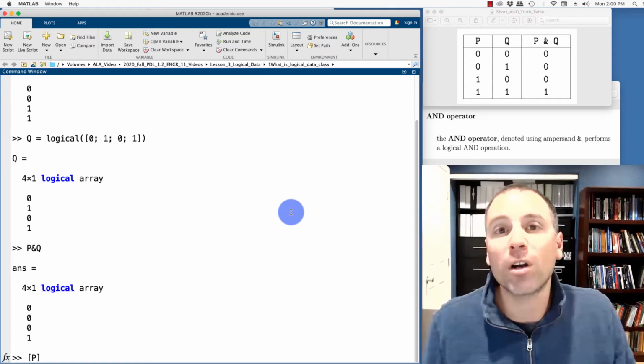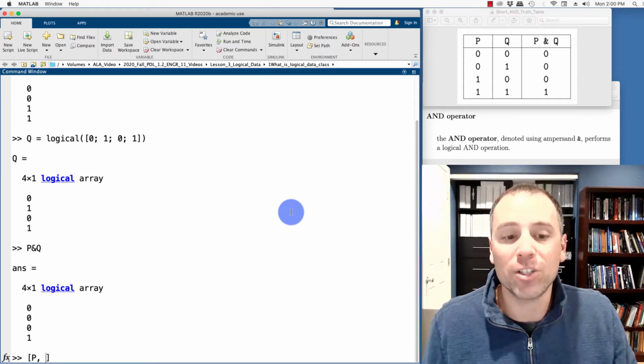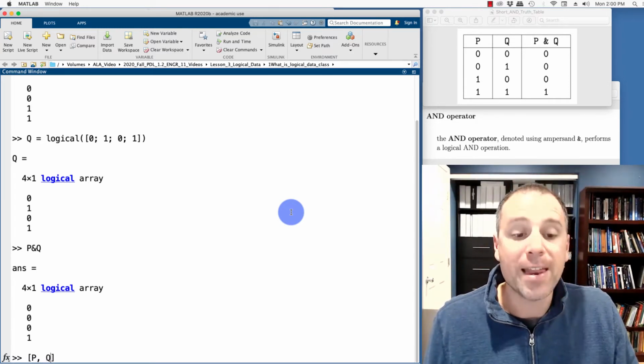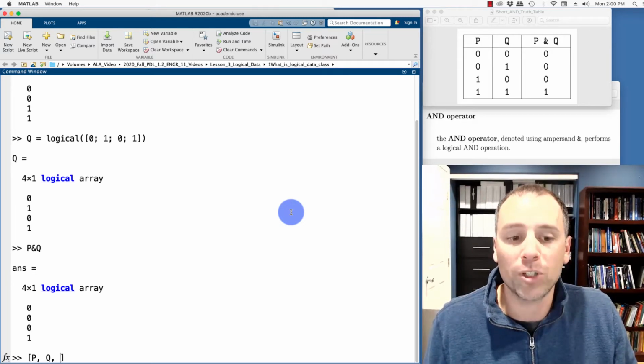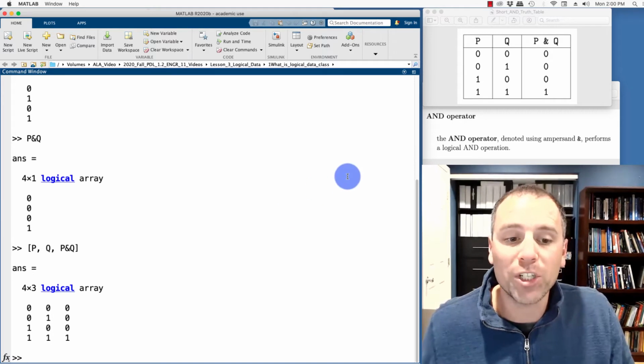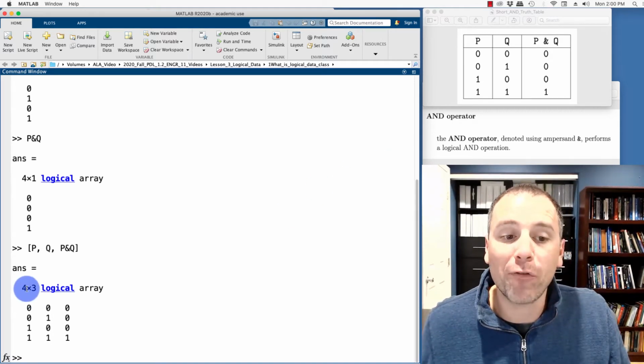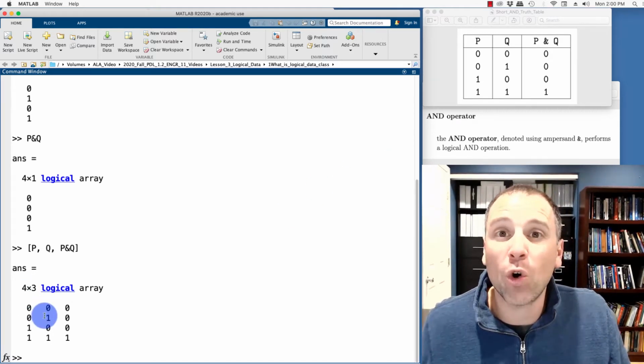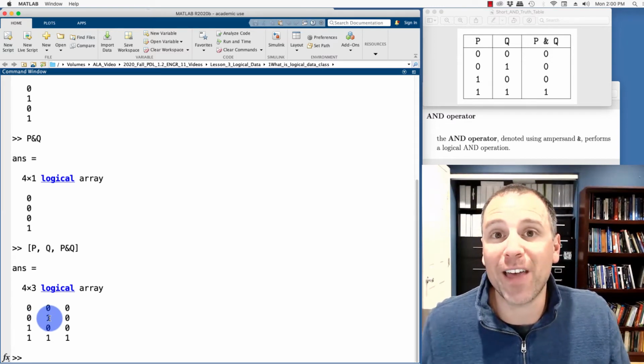Each column is demarked or delimited by a comma. So end the first column at P. Now we're going to take the second column at Q, push a comma, and then the last column of this thing is going to be P and Q. When we push enter, this output, which is a 4-by-3 logical matrix,